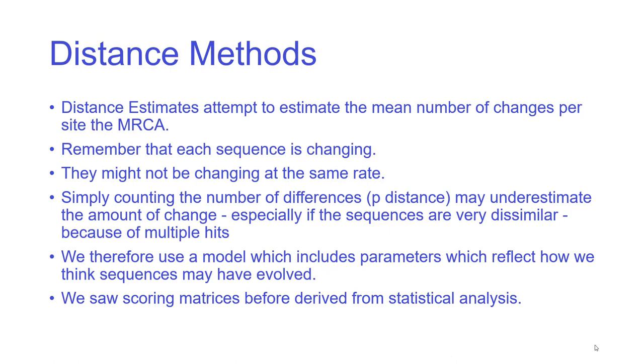Now the problem is that each sequence is changing and they might not be changing at the same rate. For example, if I'm looking at two mammalian species, mice and elephants, elephants have a much longer lifespan compared to mice, so mice are going through more generations for the same time that elephants are. If you imagine that mutation occurs for a certain length of your genome for a certain number of generations, you'd expect there to be more mutations in mice than along the chains going towards elephants. So simply counting the number of differences, which is the p distance, may underestimate the amount of change,